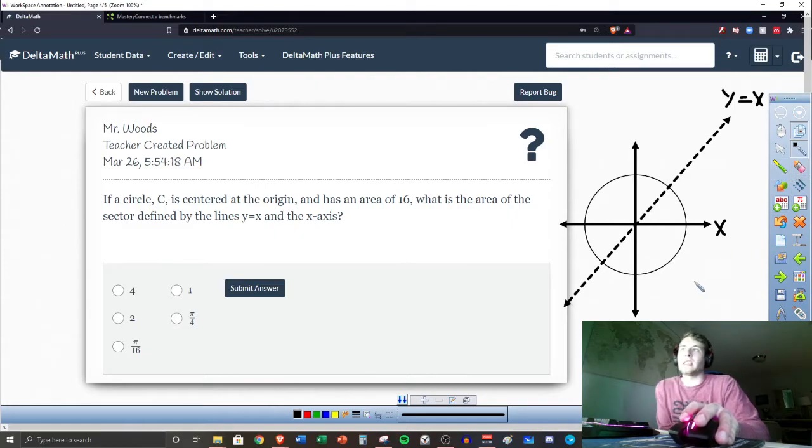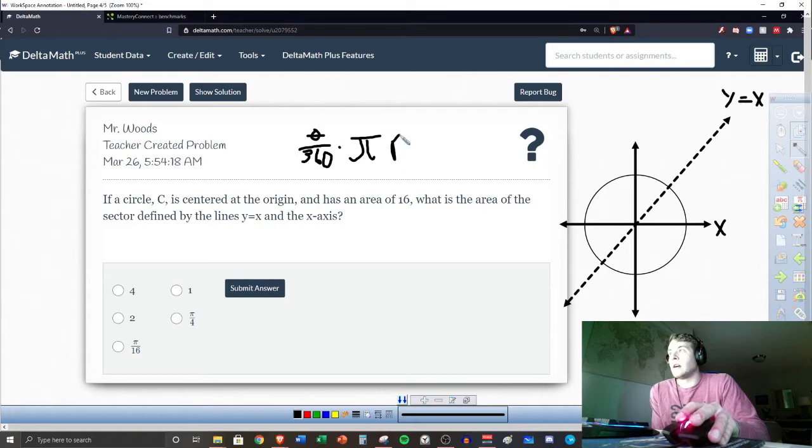Okay, y equals x. So if we look at this, we have to figure out, because this is sector area, remember, our formula for sector area is theta over 360 times, and really it's just this times the area formula, so pi r squared. Now, do we know what the area of this circle is? This part right here? Yeah, we do. It's 16. And really all we need to know is, because we have the 360 here,